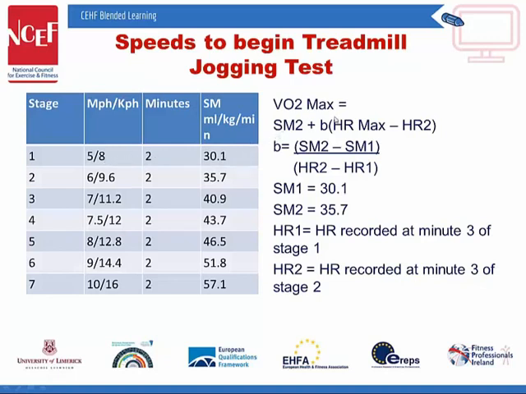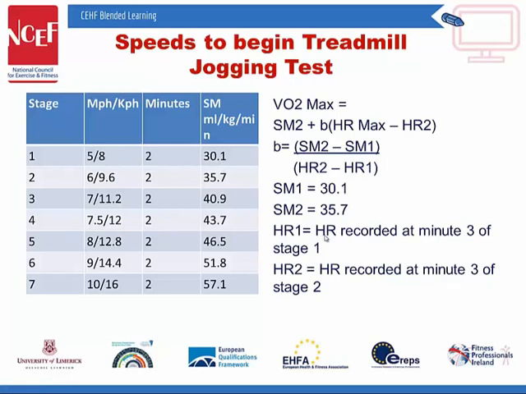If we look over here at the formula, VO2 max equals SM2 plus B, heart rate max minus heart rate 2 in brackets. You're going to ask, what do all these numbers and letters mean? Well, the first one is SM1. SM1 is submaximal workload 1. We started off at stage 1, which was 8 kilometers per hour, and therefore